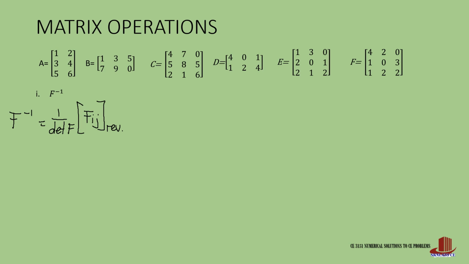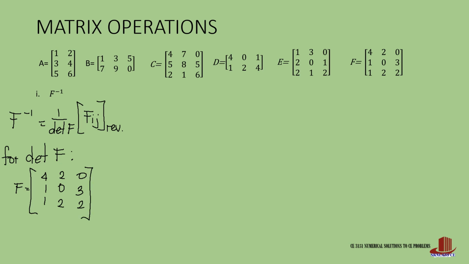So in order for us to start with our matrix inversion, take our determinant of matrix F first. Copying our matrix, then we can work with our short method solutions,